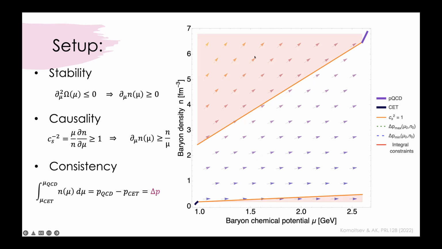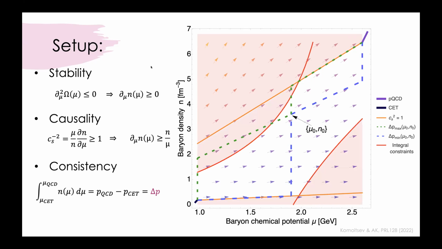And now you can see that in this space of density and chemical potential, there are regions that just cannot be reached. If you start from this point and try to use a causal equation of state, you can never reach this region here. And similarly, if your equation of state somehow happens to wander here, you can never reach this point with a causal equation of state. So those regions can be ruled out non-negotiably. And this corresponds to the limits of Rhodes and Ruffini.